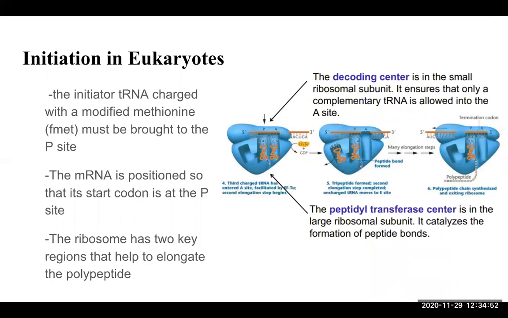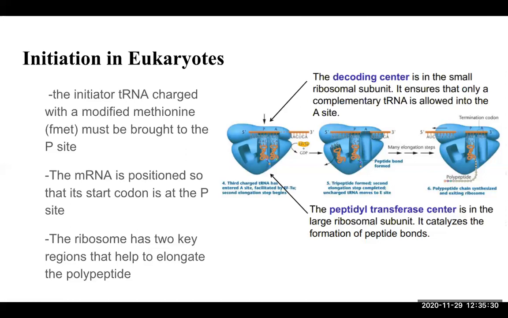Back to the initiation, the initiator tRNA is charged with a modified methionine, also called fMet, and it is brought to the P site. When the mRNA is positioned so the start codon is at the P site, the ribosome has 2 key regions that help to elongate the polypeptide. It contains a decoding center, which is in the small ribosomal subunit, and it ensures that only a complementary tRNA is allowed into the A site. It also contains a peptidyl transferase center, which is in the large ribosomal subunit, and it catalyzes the formation of peptide bonds. As you can see in this